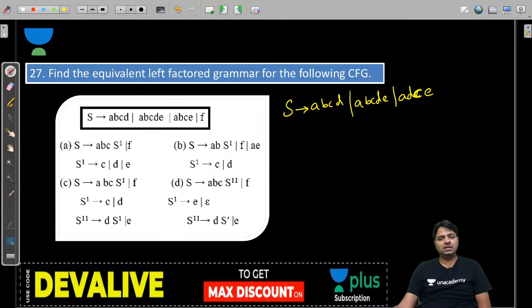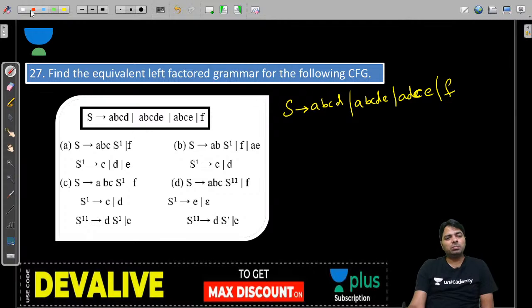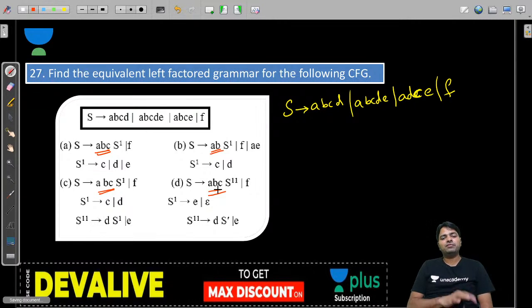A, B, C, E, or F. Now, when you look at the options, follow according to the options. They are choosing A, B, C, A, B, A, B, C, A, B, C. So either you can choose A, B, C or A, B. It's your choice, but follow the options. Most of the options are following A, B, C.